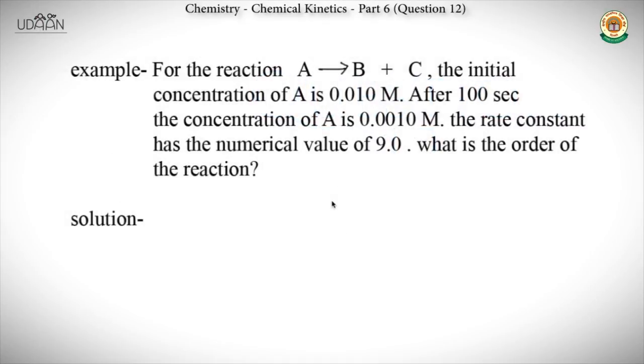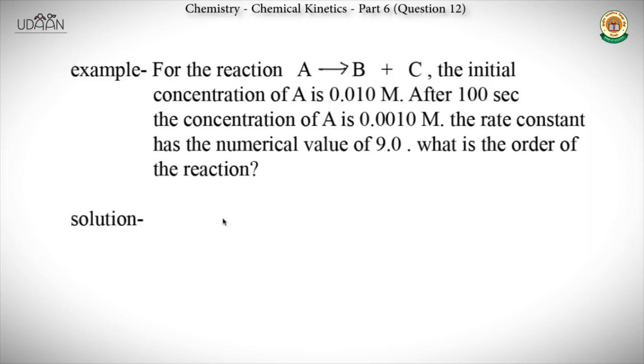In this question, we are given a reaction that is A goes into B plus C, and the initial concentration of A is given to be 0.01 molar. It is also given that after 100 seconds, the concentration of A becomes 0.001 molar, and we are also given that the rate constant has a value 9, and we have to find the order of the reaction